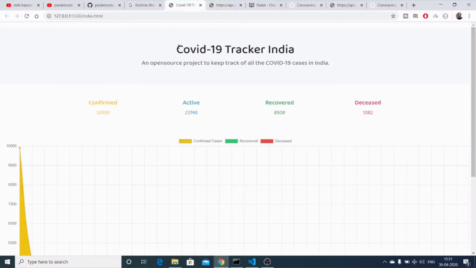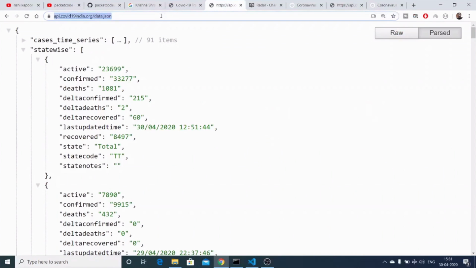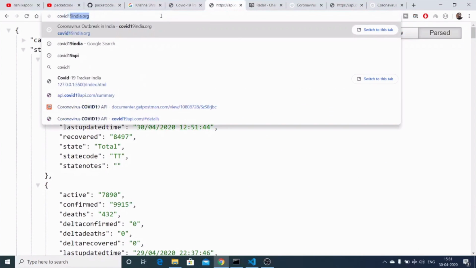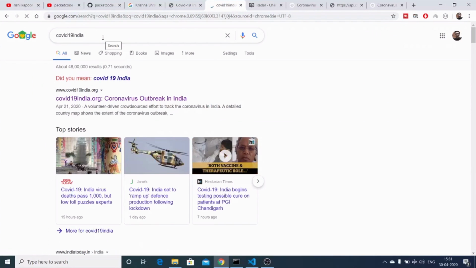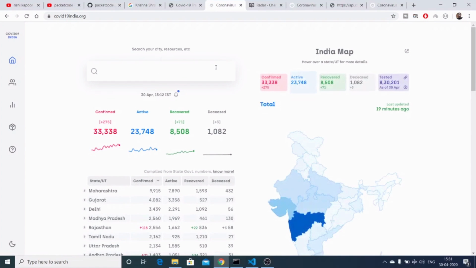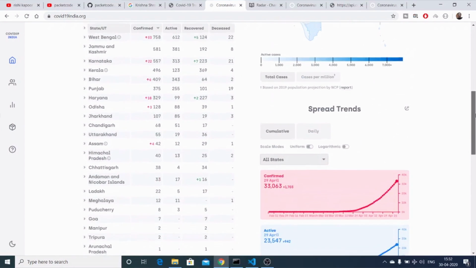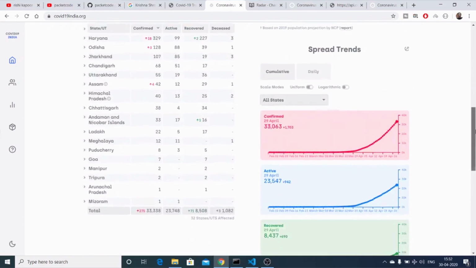So you can just build out for the global cases as well, but I am just targeting India in this video. So let me just show you how to get to this website. If you just search on Google like this, COVID-19 India, the very first link which comes in, this is the website covid19india.org. So basically this is an open source project funded by India for the cases that are happening of coronavirus in India. So these results are updated regularly by Indian government.